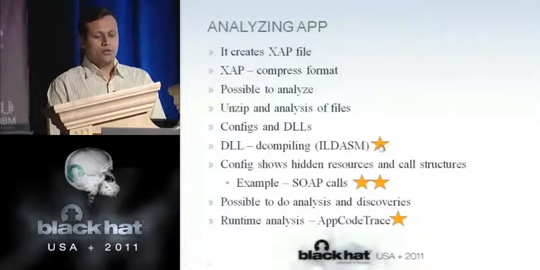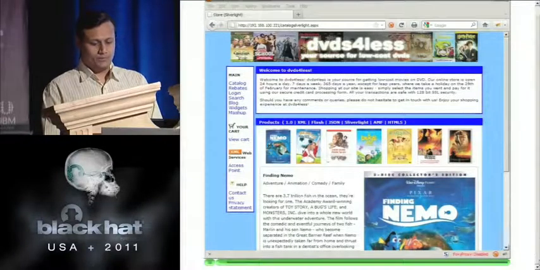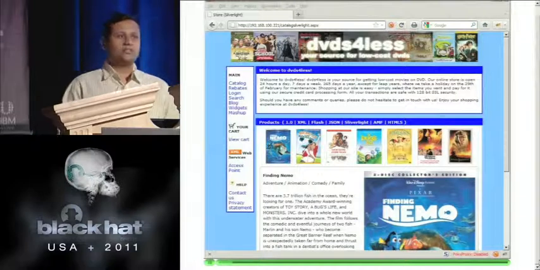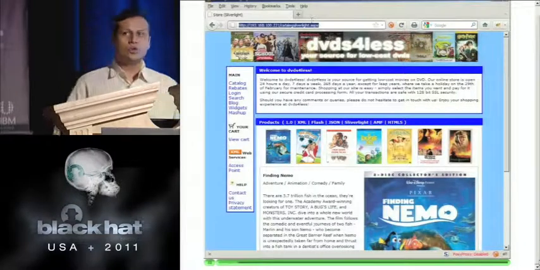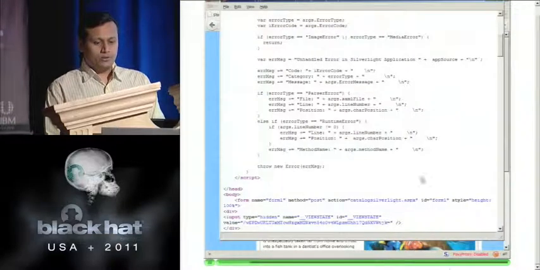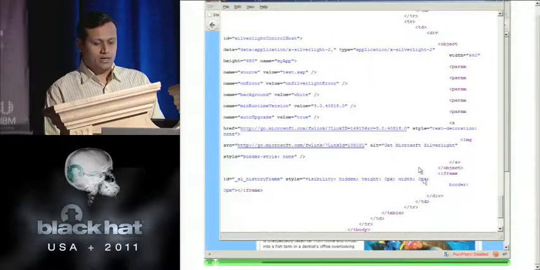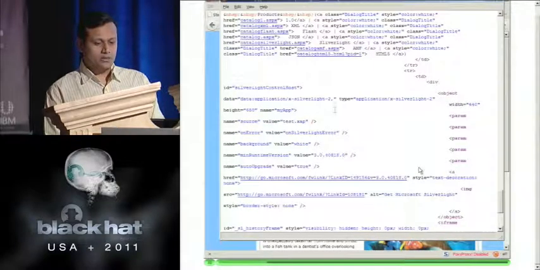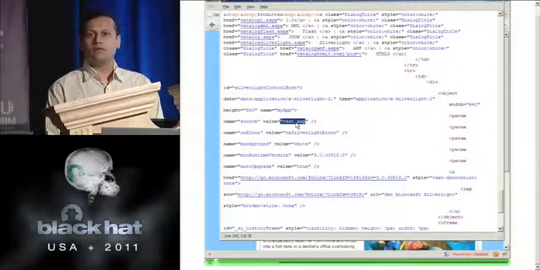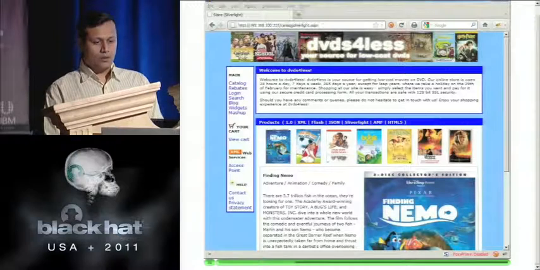So what we want to do is analyze XAP files as such. We created a utility called XAP Scan, which allows you to do scanning on your XAP files. Over here you have this particular page, and if you browse down the page, there is a test.xap file, which runs in the Silverlight plugin. We take this particular URL